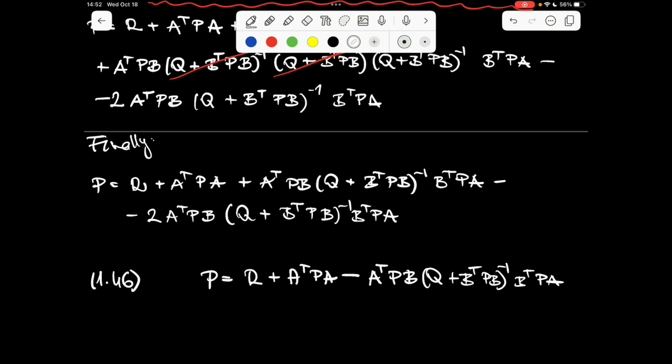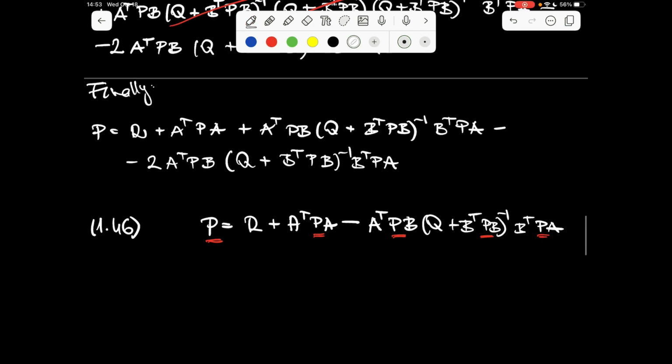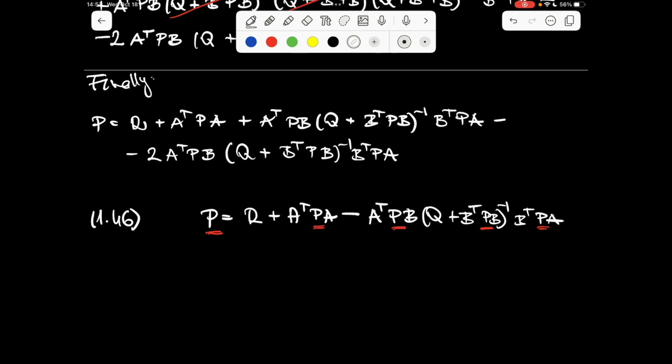This is a Riccati equation in which the matrix from the value function is the unknown. So we numerically, by iterating with this equation,